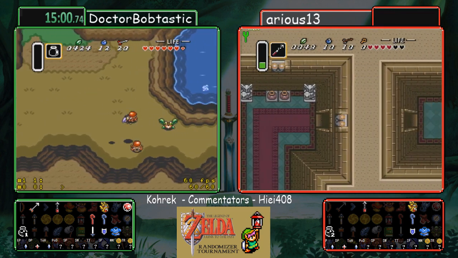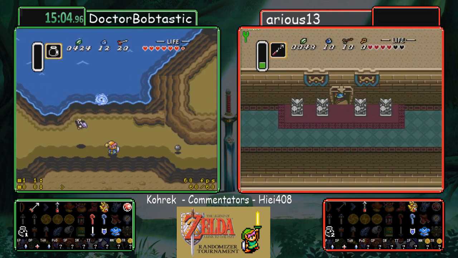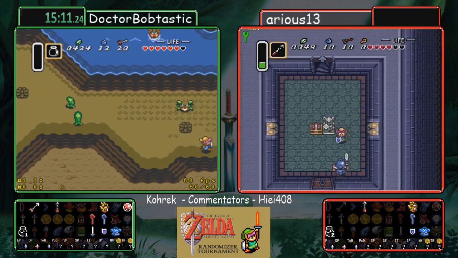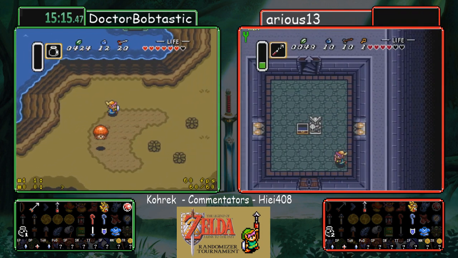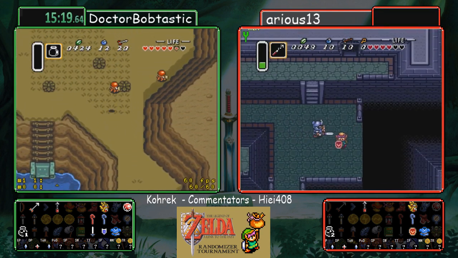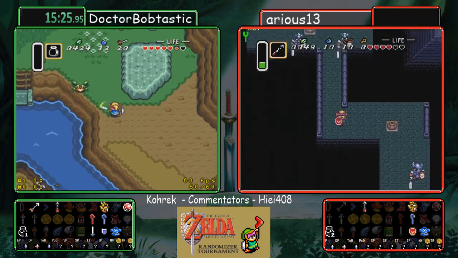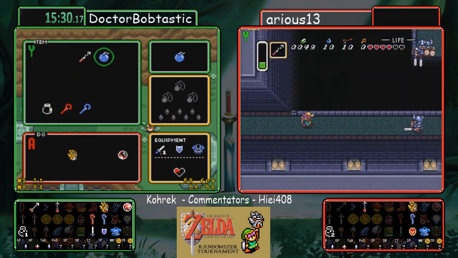So it would appear that he's going to continue on to Ice Rod Cave or just fake Flipper. Well, looks like Ice Rod Cave is it. We've got our second shield upgrade in the Escape. Well, it's not too bad for Arious. Actually, I